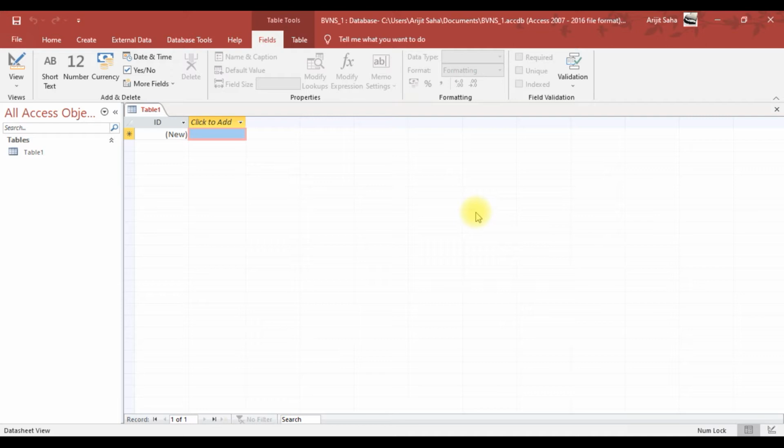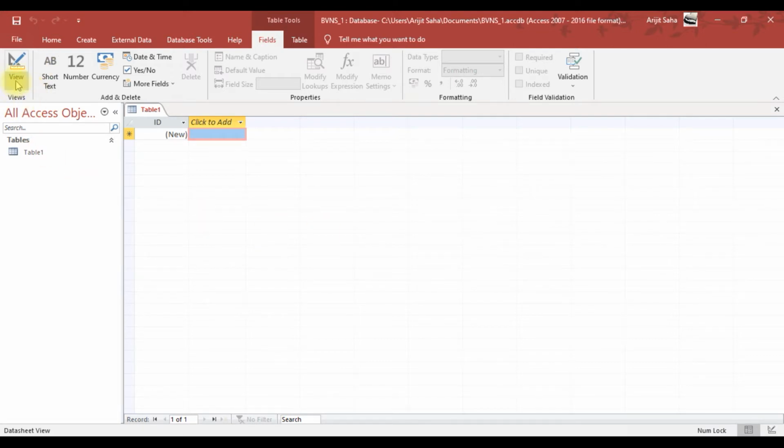Whenever we create a table, we need to put data in it, and without data nothing can work properly. So we need to create a table in design view, where we create columns and assign those columns proper data types. With proper data types, the columns will be able to hold the type of data that we want them to hold. So let us begin to create a table in design view.